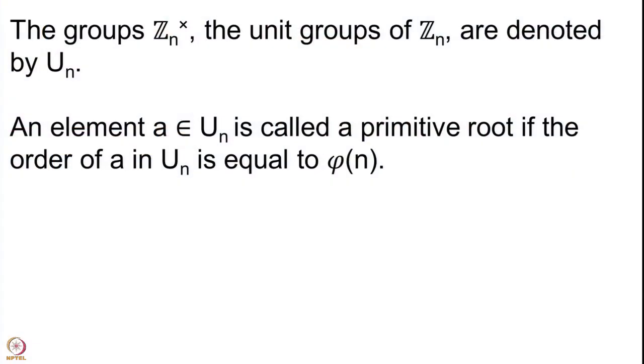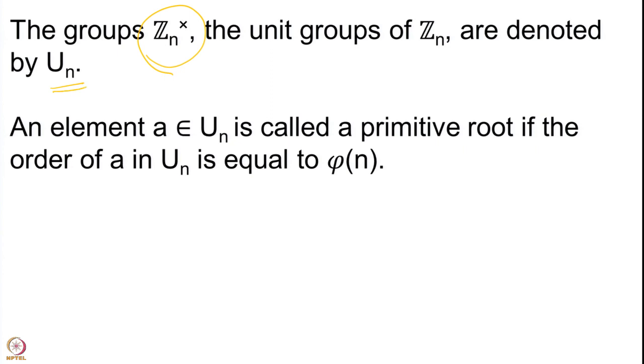Welcome back. In the last lecture we proved that U_p has primitive roots. So, what are U_n in general? Let us have a very quick recall. These are the groups, U_n denotes the group Z_n cross. These are the groups that we are studying, denoted by U_n, where n is a natural number, and we want to study when exactly these groups are cyclic.